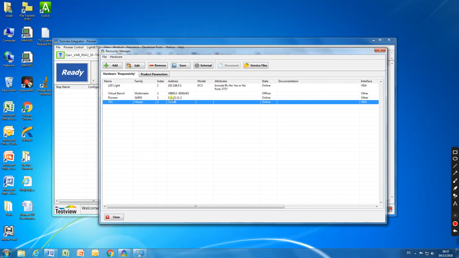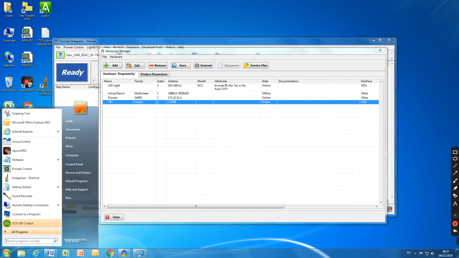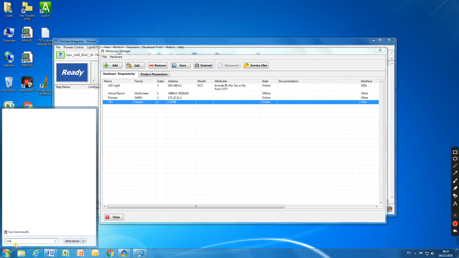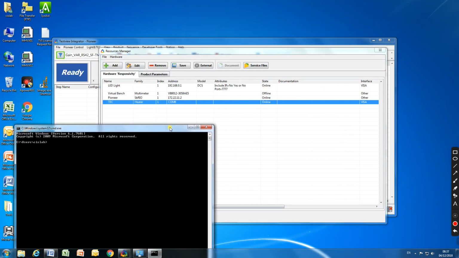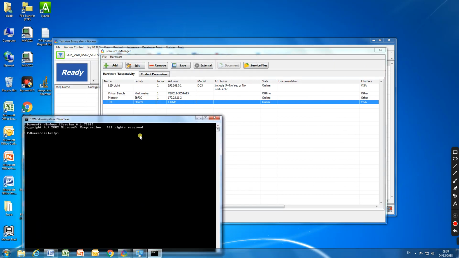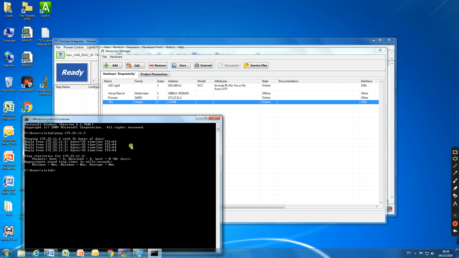I can also try the communication by going to the command line and making a ping. Let's ping the Pioneer board. And you can see that we have a communication with the Pioneer board.